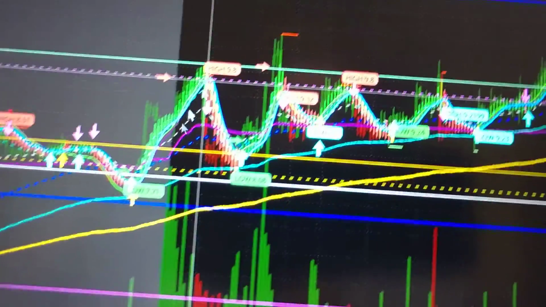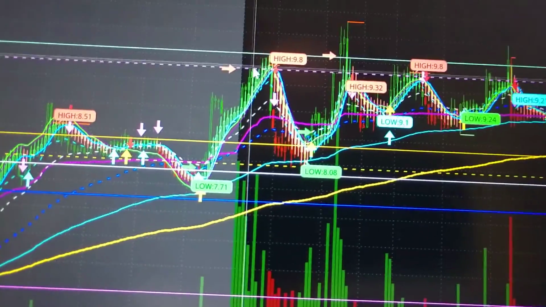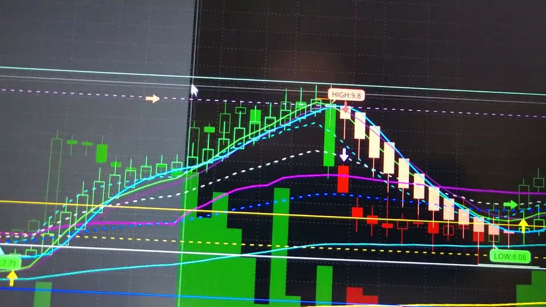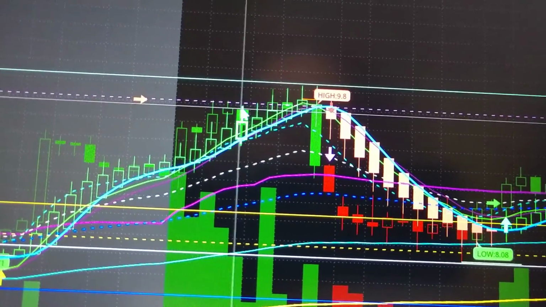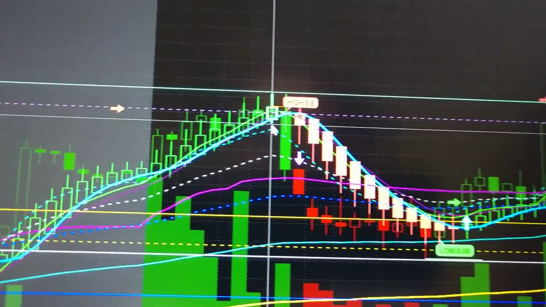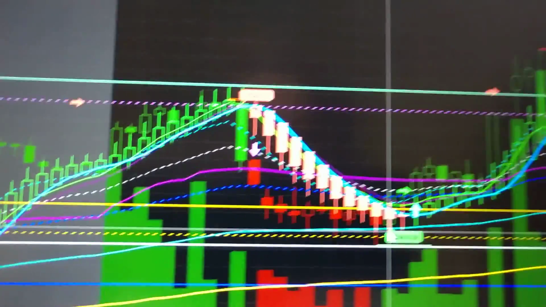$9.81. So about $2 a share right there. So getting in at just a little before opening bell and getting out just after opening bell. Do you see that? And it hit that beautifully. Hit it here, came back and pushed through it. So now that it's done that, I'm looking once again for it to come down below the 50 or some